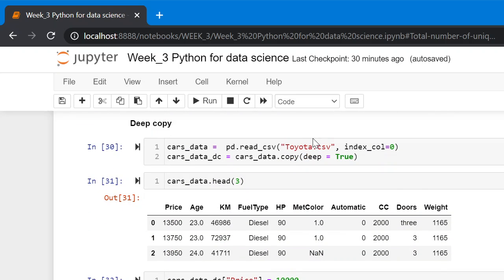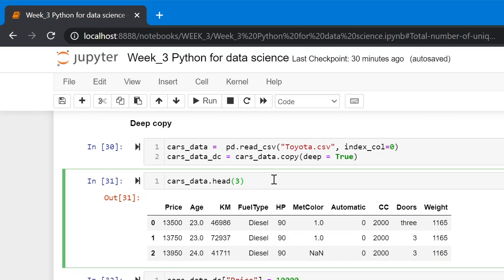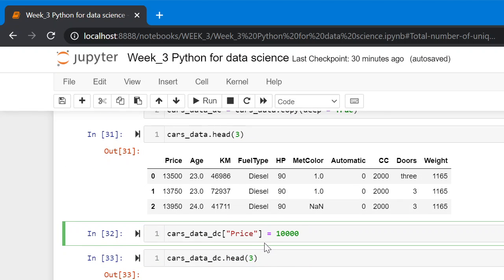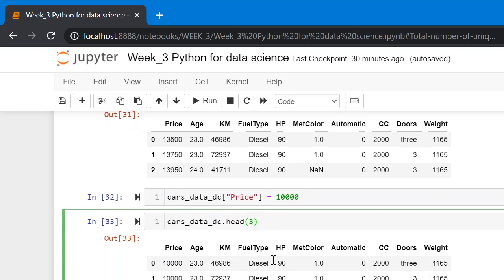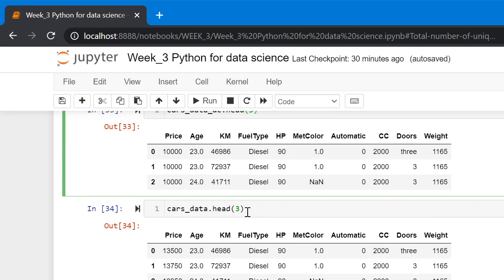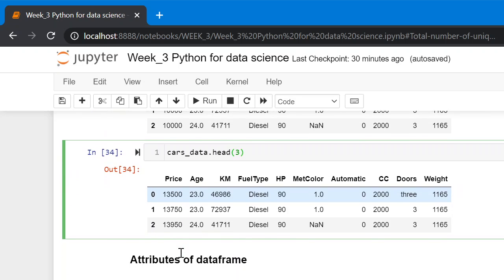In the deep copy, these are the values of the original object. In the deep copy, we change the price column. If we see the original object, the value still remains the same.